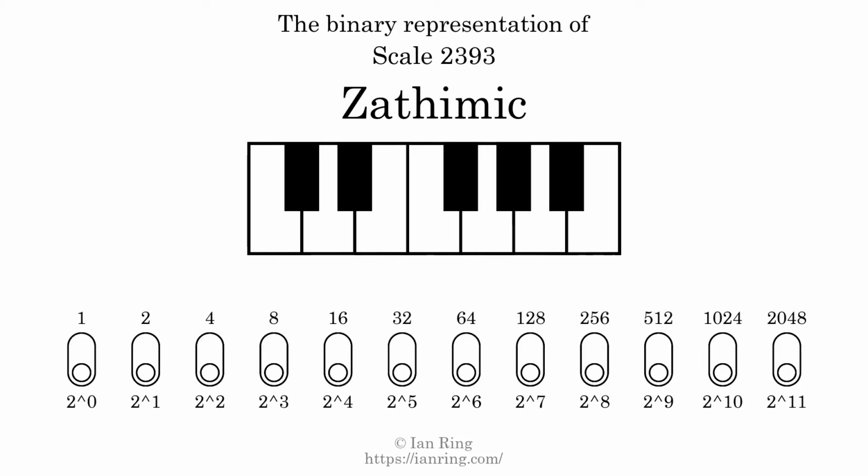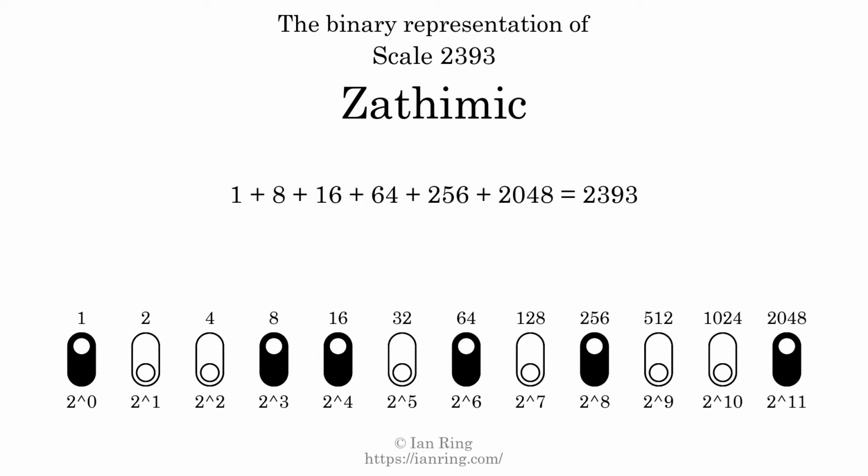The binary representation of this scale is determined by mapping tones of the scale to binary digits. Each binary digit represents a power of 2. To get the scale number, we add the powers of 2 together. The powers of 2 that are present in the scale, all added together, equals 2393. That is why the scale number, in decimal, is